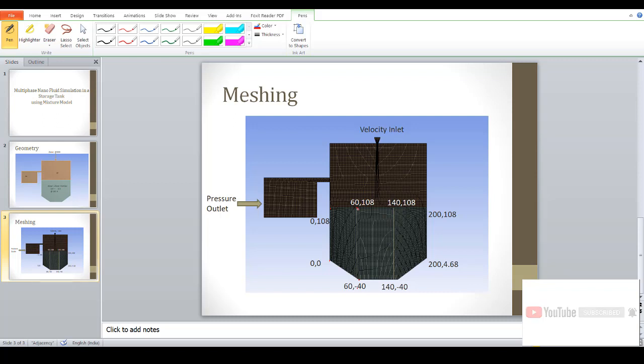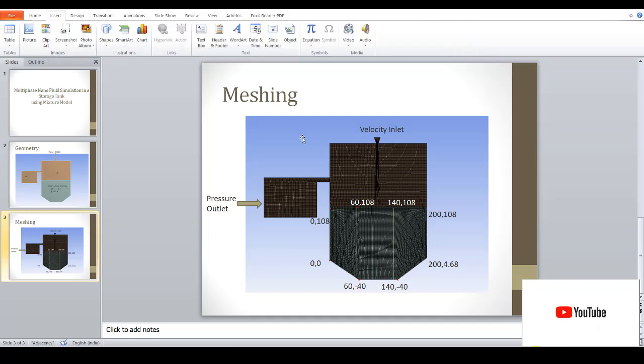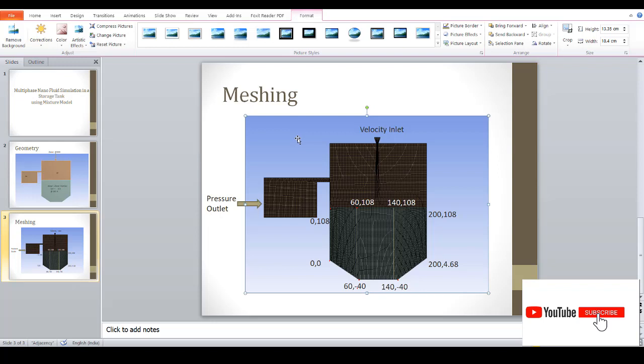The next 4 points are this set: 60 comma 108, 60 comma minus 40, 140 comma minus 40. Actually this is the point. Maybe I'll just pull it.